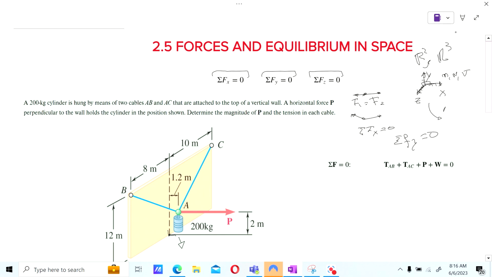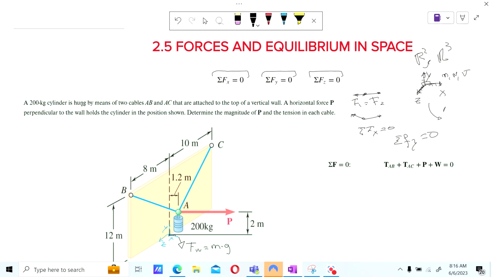Let me actually use a different color. So we're going to have x, y, and z. And this force going down, negative y, we can call it Fw. First, the force because of the weight is the mass times the gravity. Okay,